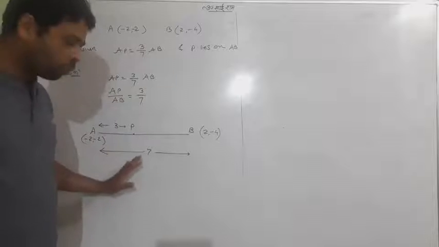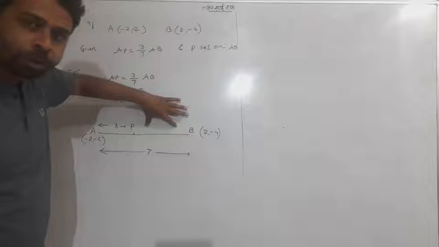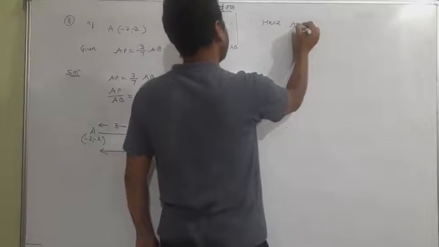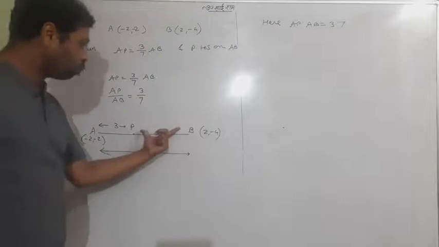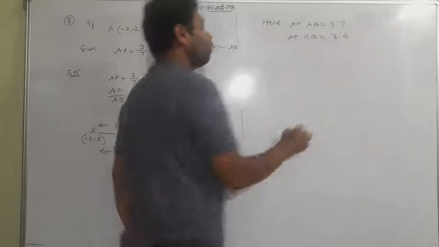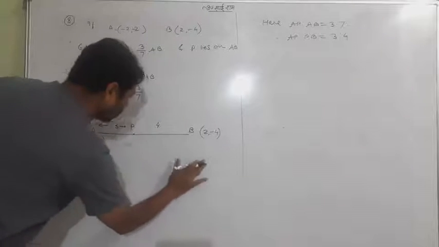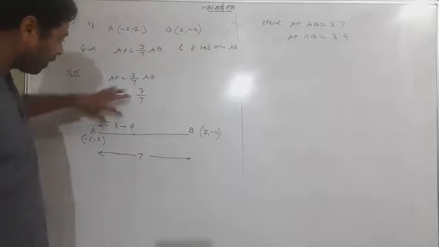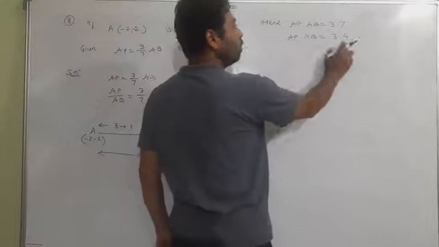You can also convert this situation into an internal division, like this is 3, this is 7. You can consider this is a 4. So I'll write here AP to AB is 3:7. What do you think AP to PB will be? AP to PB will be 3:4. One can simply understand this is 7, this is 3, so you can say it is a 4. Now you can rub this section, or let it be the same, no matter at all. But one can understand that if it is a 3, it is a 4. It is a very easy method. Now the scenario looks like AP to PB equal to 3:4.